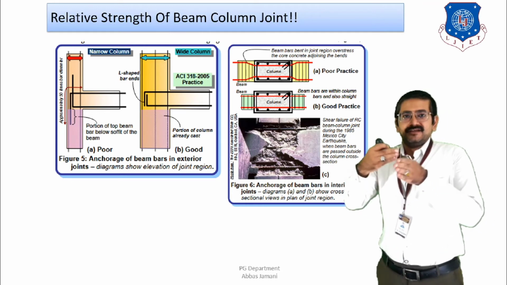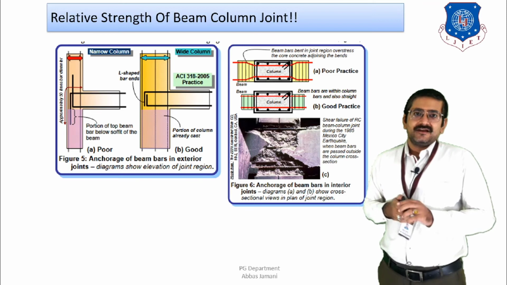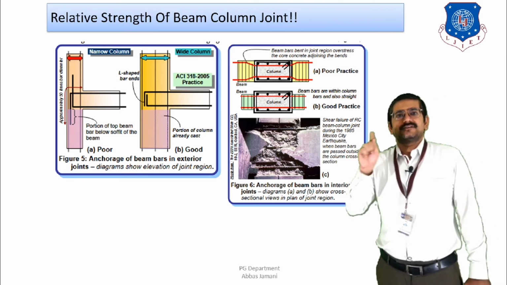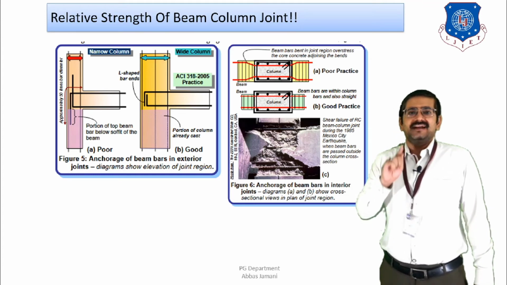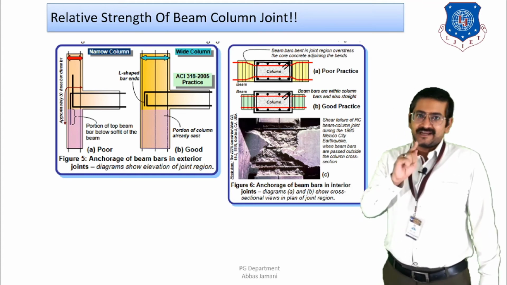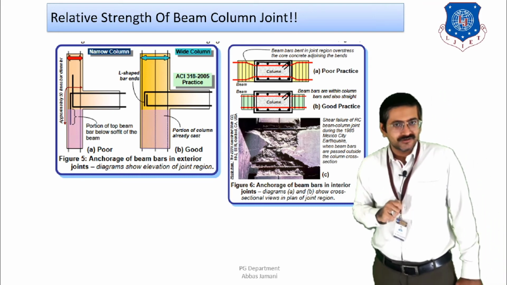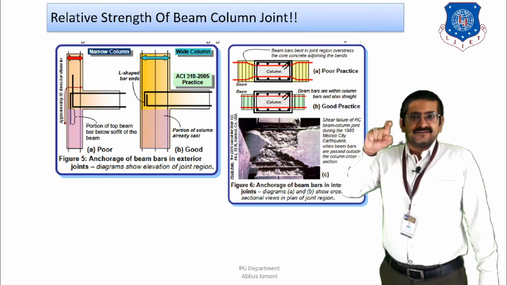So when the width of the column is going to coincide with that of the beam, then as a result, when you provide the anchorage length, as we have seen in the last class, that is, the anchorage length of the reinforcing bars of the beam at top and bottom should be minimum Ld plus 10 times the bar diameter. Yesterday I took the example of 16 mm diameter, where 960 mm was the output, right? So as you can see in the first case, if the depth of the beam is limited to 450 or